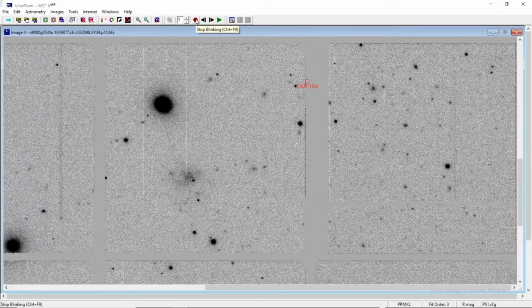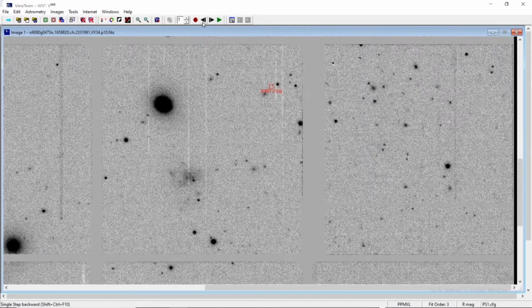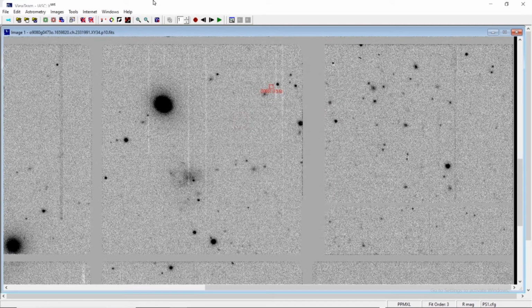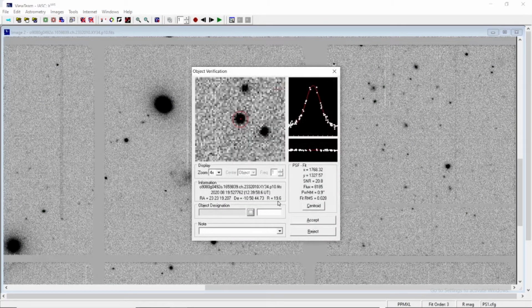Now you see this object. This particular object is seen moving in 3 frames, so it is really acceptable. So now to analyze the properties, we will analyze it for the 3 frames. I am stopping the blinking for the first frame, and let me see what we have in store. Here it comes, R value is 19.5, SNR is acceptable, greater than 5, graphs are good. Move to the next one, click over it. Previously it was 19.5, now R is 19.6, variation of 0.1, SNR is again greater than 5, acceptable. So the graphs are again very good.